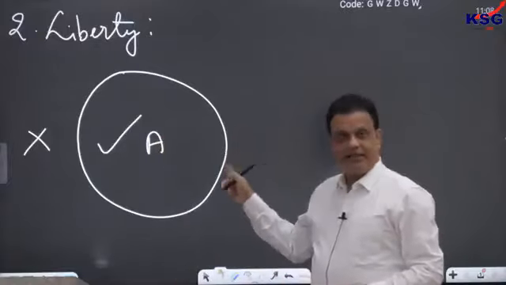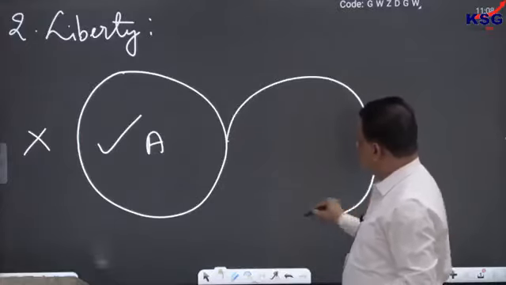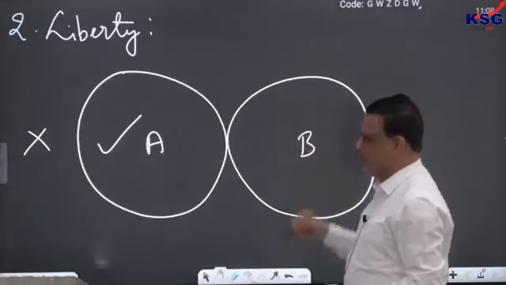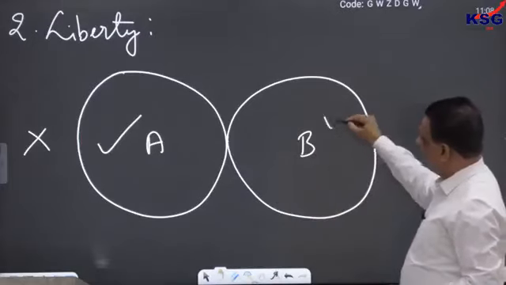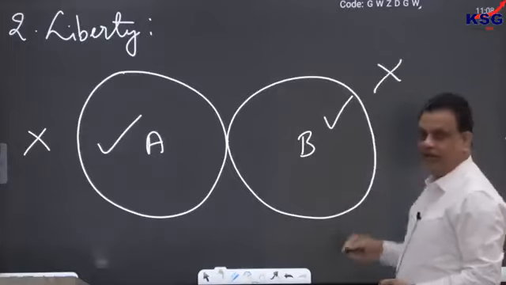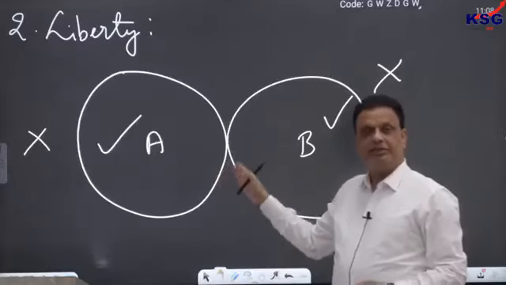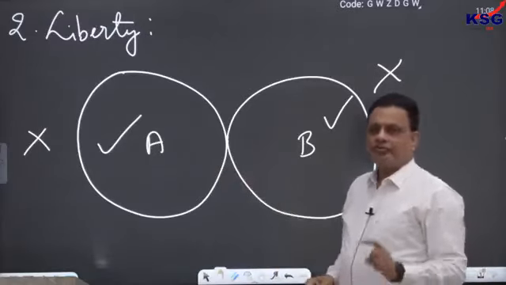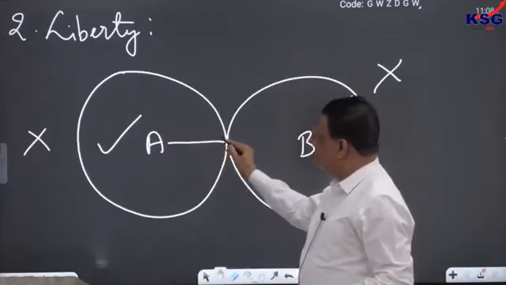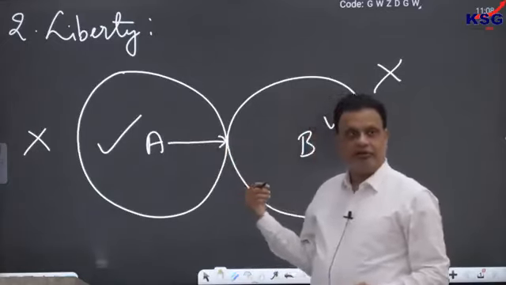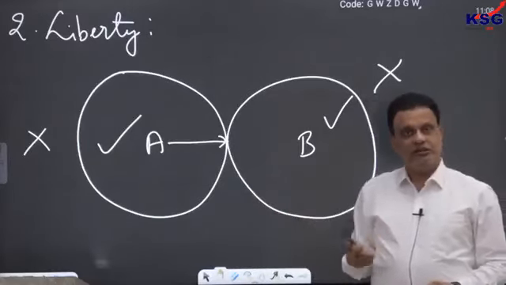Now, where does my space end? Well, my space ends where a similar space of somebody else begins. Suppose there is another person called B. That person also has a certain space around him. Within that space, whatever that person does is right, but outside that space will be wrong for that person. The moment this person's space begins, that is the point where my space actually ends. So, according to Mill, suppose this is me, then I can go that far, but not farther than that, because if I go farther, I will interfere into the area of the other person. That will make my action wrong.